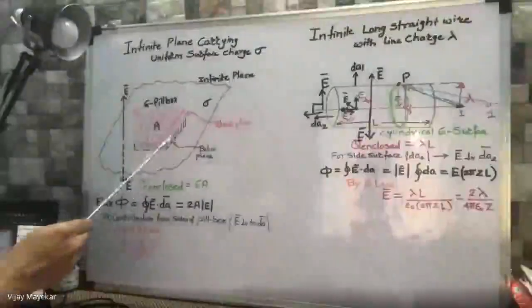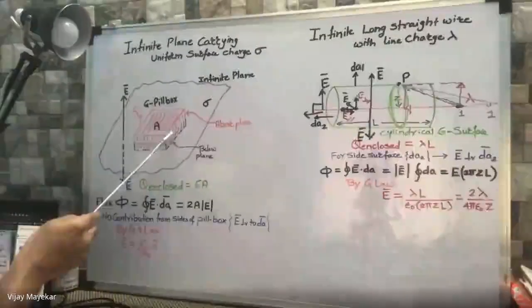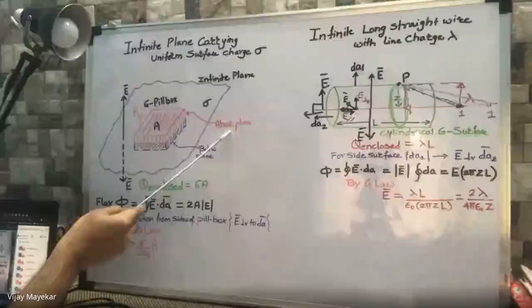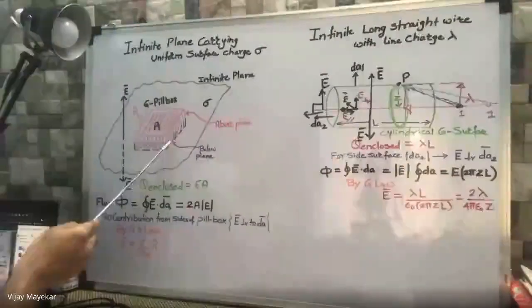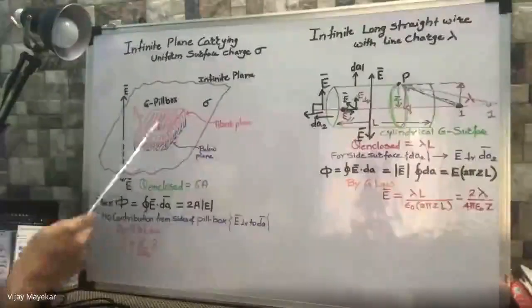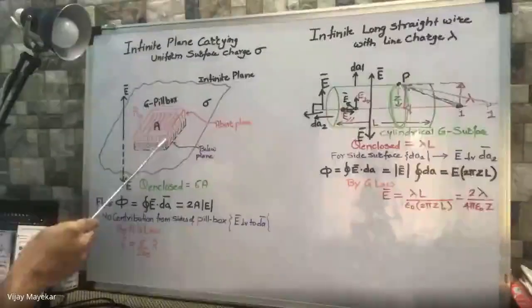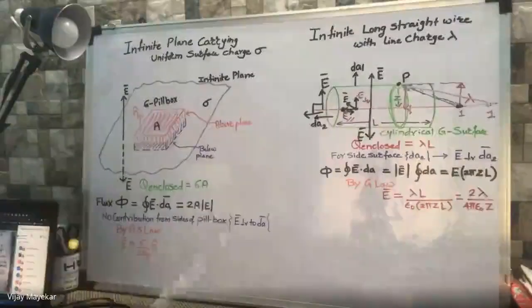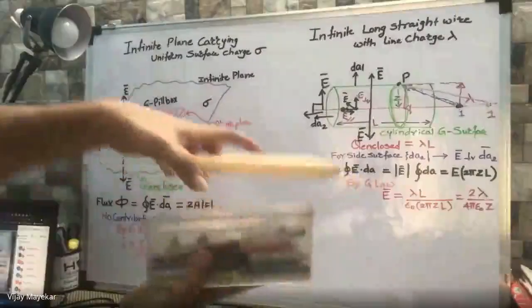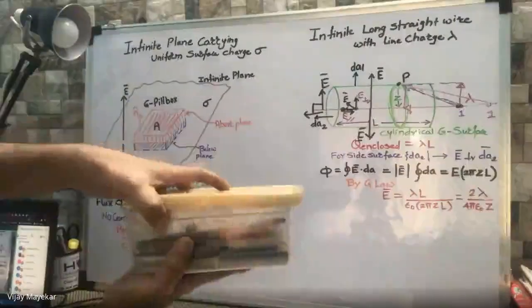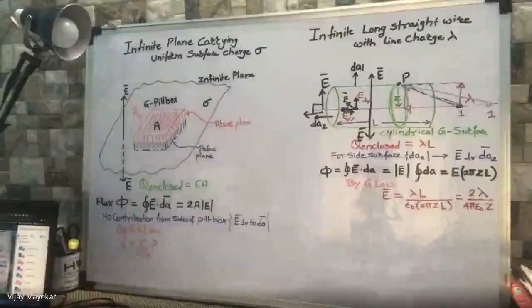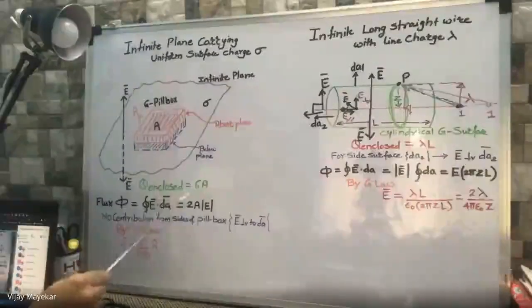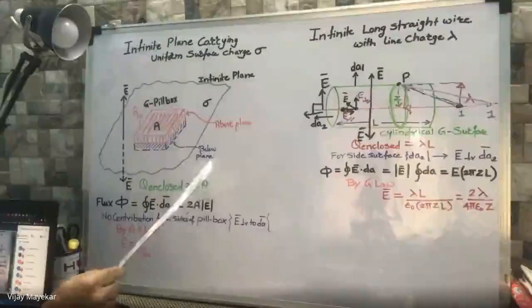Okay. So the linear dimension of this pillbox is very, very small. This red part is above the plane and the blue part is below the plane. Area is appreciable compared to the linear dimension and area is A. So this particular box encloses some charge. We want to check what is the charge enclosed by this particular box. So we have Q enclosed is equal to sigma into A.